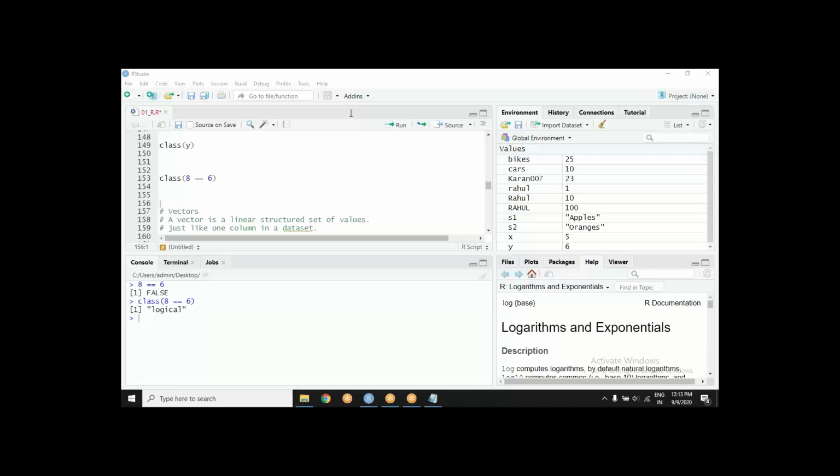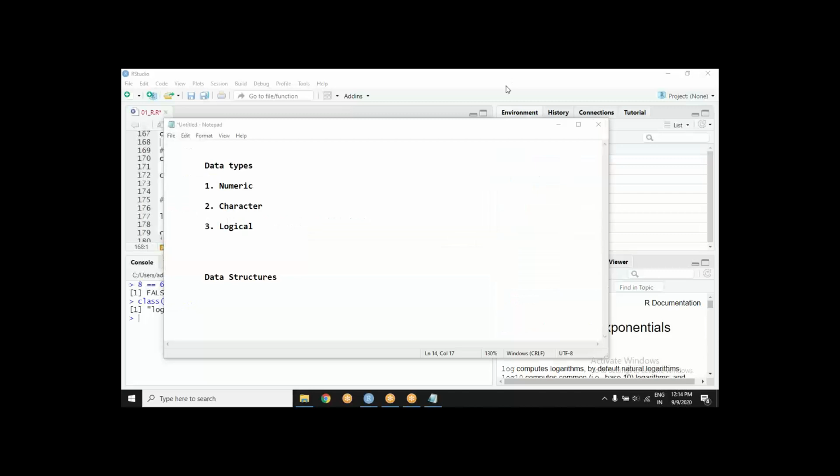You have seen the class. What is the class of this age? You have just seen that there can be 3 data types. Think about it. What kind of data will you deal with?